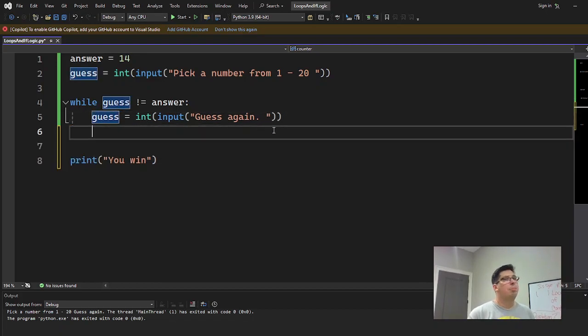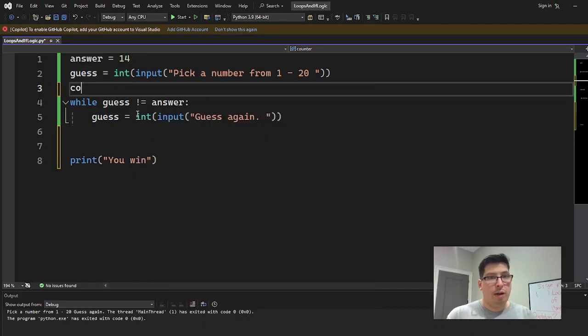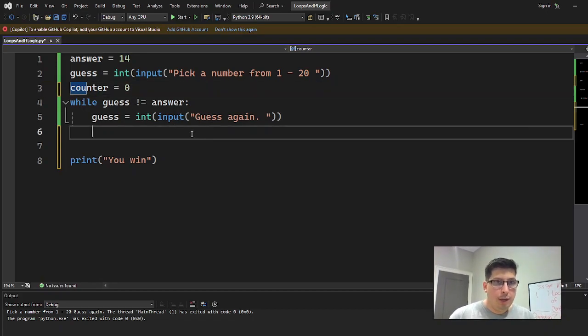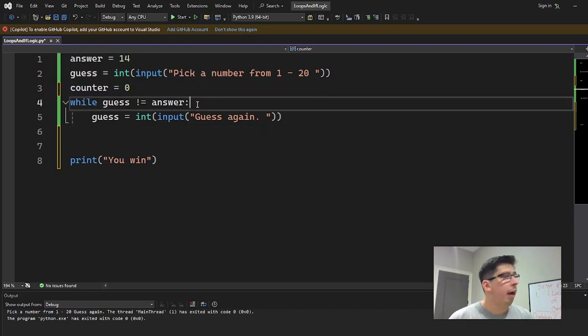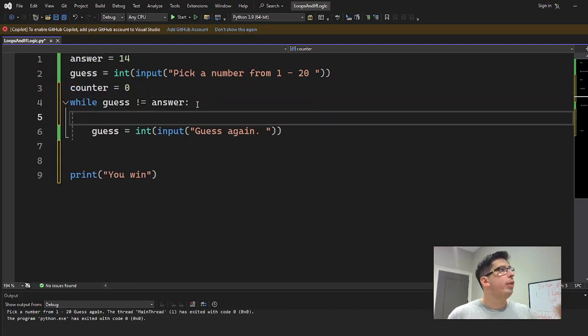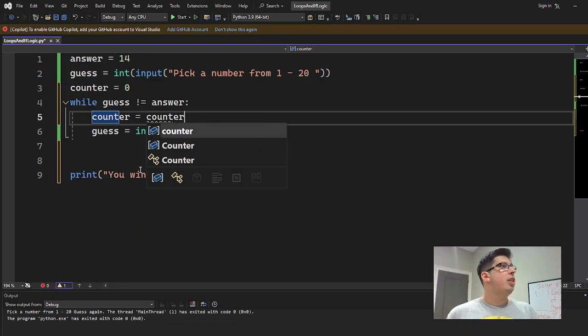Now, I do like to add some additional fun things to make the game a little bit more fun. We can have a counter. We're going to initialize it to 0. And then we're going to add 1 to the counter every time we have a guess. And then we're going to print out however many guesses it took. So we'll say counter is equal to counter plus 1. The equal sign is necessary because of the assignment value. I showed you this before,